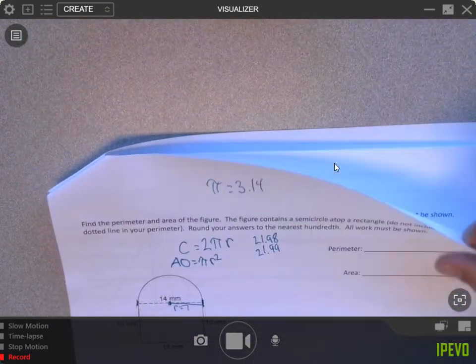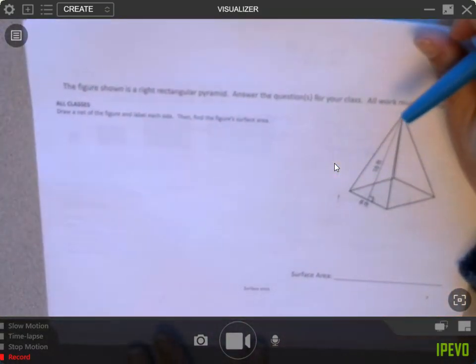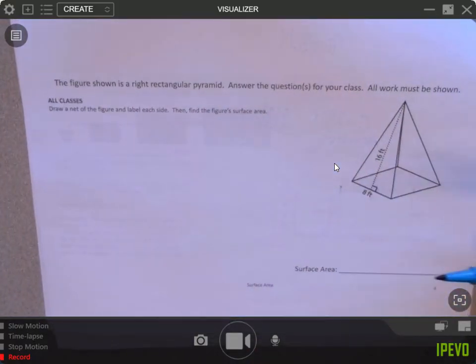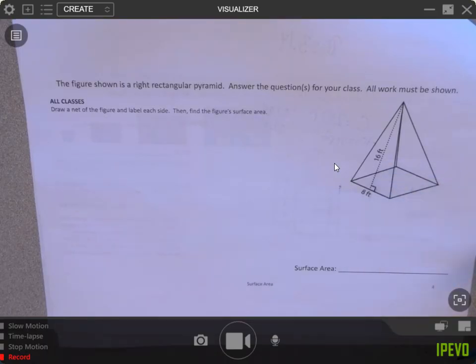Our next page, we need to do the net of a pyramid. So if I cut down and I lay it flat, what is my net going to look like? And we even have an example on our back cupboard with math wall on the back. I do have that right pyramid on that, so you can see what the net's going to look like. Yes? But that's a right square and this one's a right rectangle. Yeah. It's going to be almost the exact same. Did I say it's exactly perfect? No. Okay. So it gives you the idea of what it's going to look like when you lay it flat.